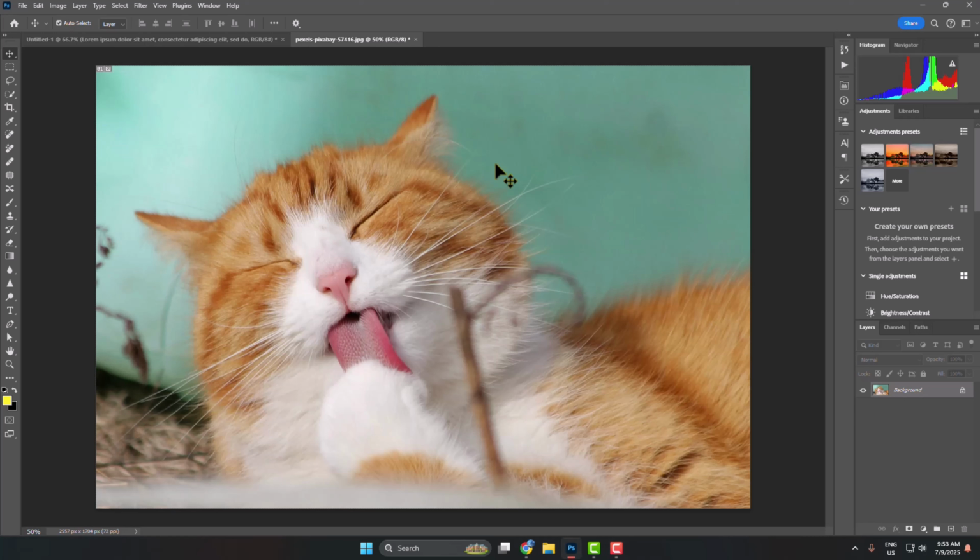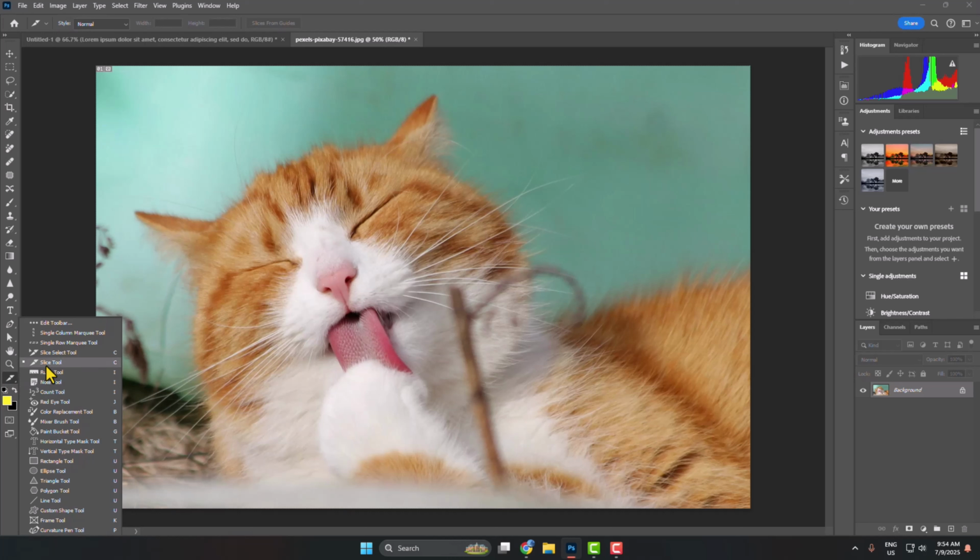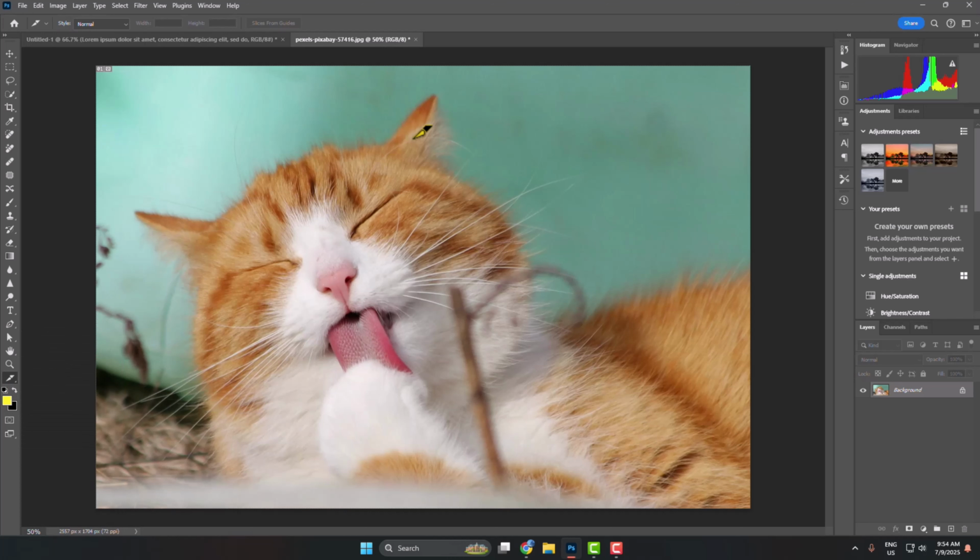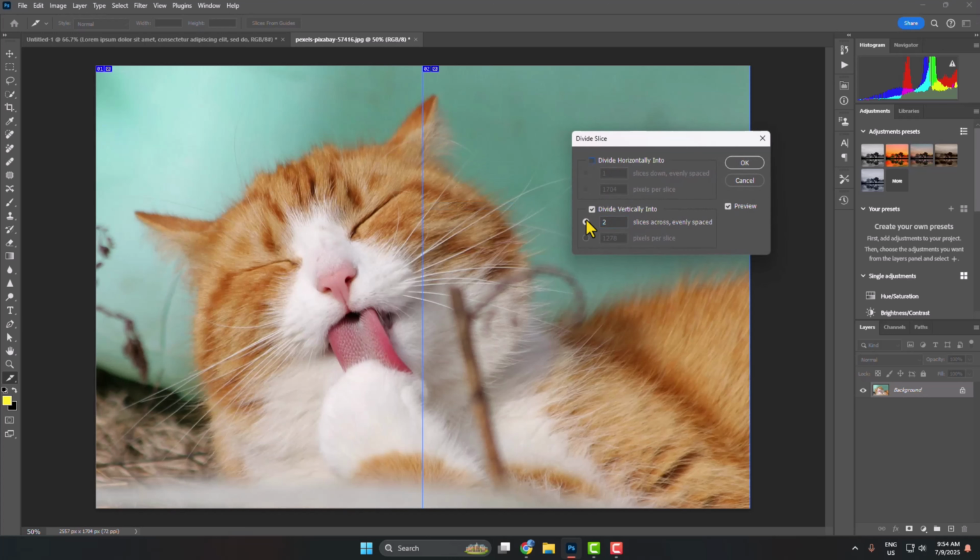Here's how to split an image in Photoshop. From the Tool panel, find and select the Slice tool, then right-click on your photo and click on Divide Slice. Here, make sure to enable both the Divide horizontally and Divide vertically options, and make sure to